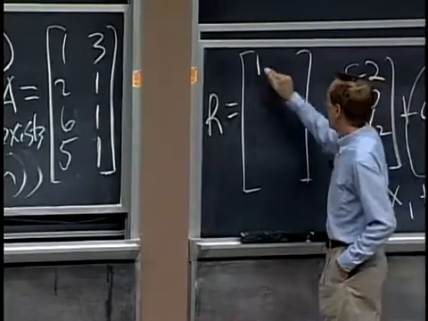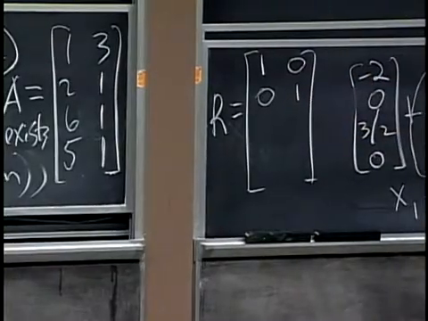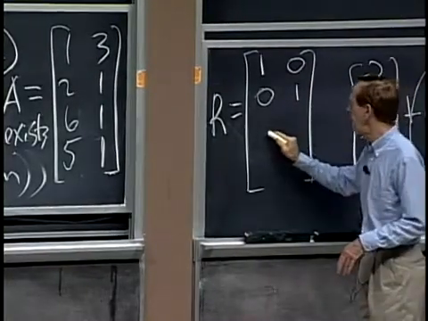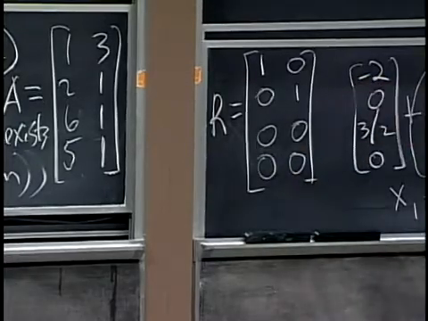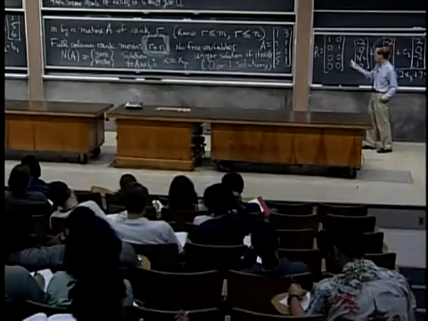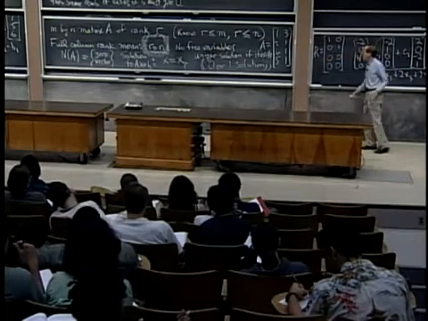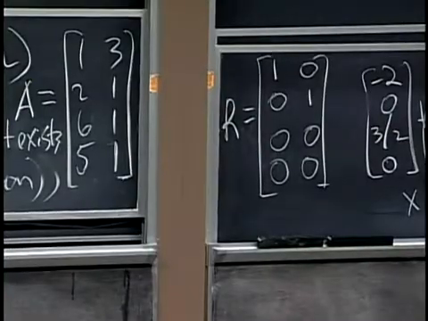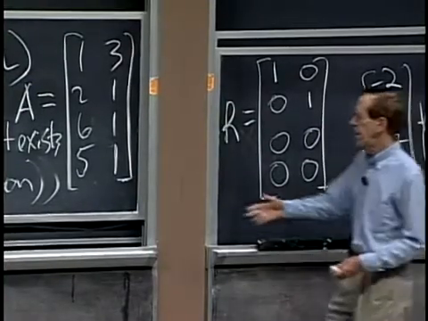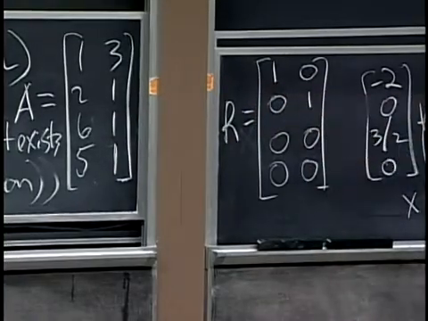It's got 1s in the pivots. It's got the identity matrix, a little 2 by 2 identity matrix, and below it, all zeros. That's a matrix that really has 2 independent rows, and they're the first 2, actually. The first 2 rows are independent. They're not in the same direction, but the other rows are combinations of the first 2. So